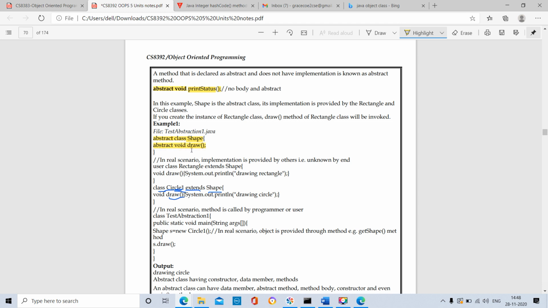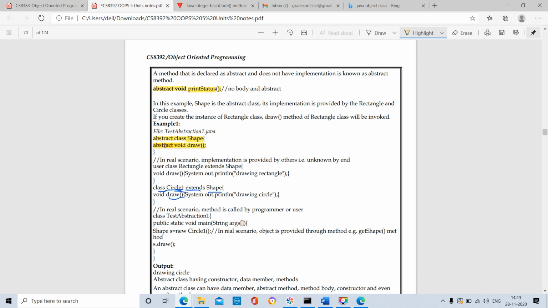In the first statement about abstract classes, we saw one point: the abstract class may contain the abstract method or may not contain the abstract method. So this abstract class contains the abstract method. It may also not have an abstract method, and that is not a problem.